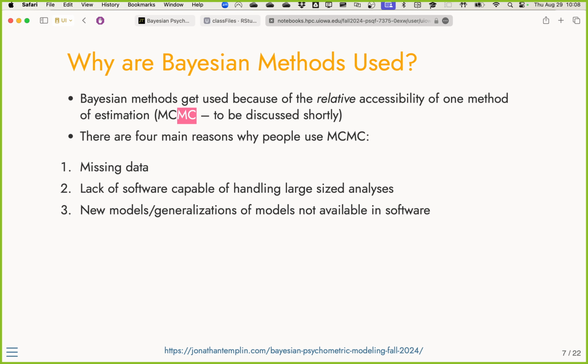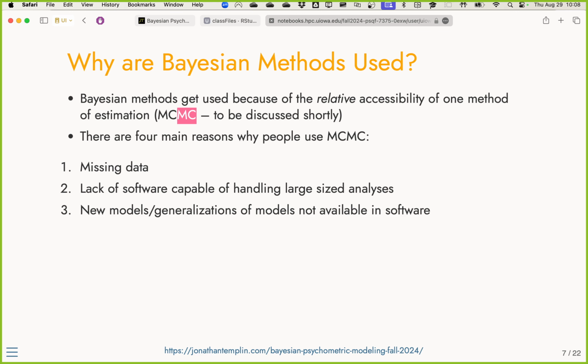And I will tell you, my RA, whom I was really lucky to have, basically said, oh, you know how to code, right? Well, here's some Fortran code with this model. Oh, you don't know anything about MCMC? That's fine. Just read the code and you'll learn it. It's no big deal. Oh, and you don't know anything about the model either? Just read the code. It'll be fine. So it's this very weird world.